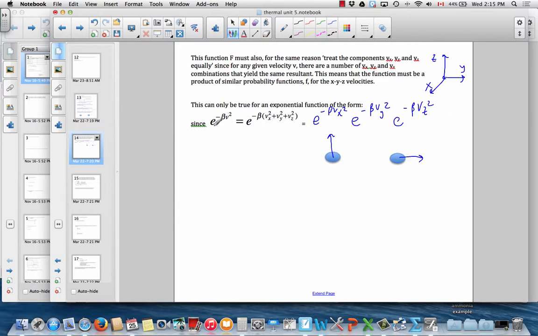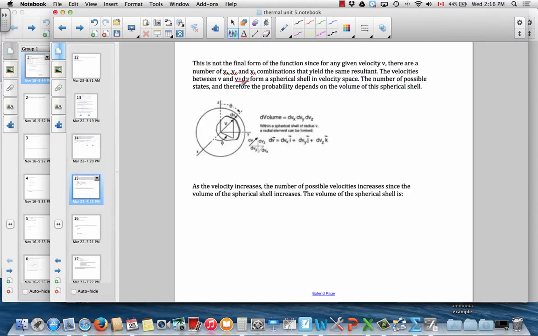But if it's proportional to an exponential of minus v squared, then it can be split up in that way. So it's reasonable to say that our function must be something like an exponential of minus b v squared. Now, there's more to it than that,